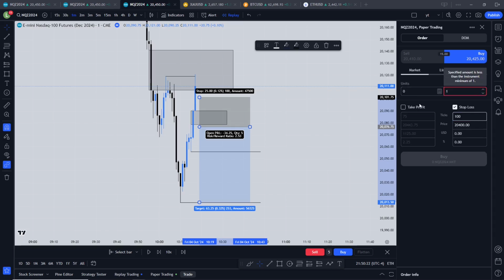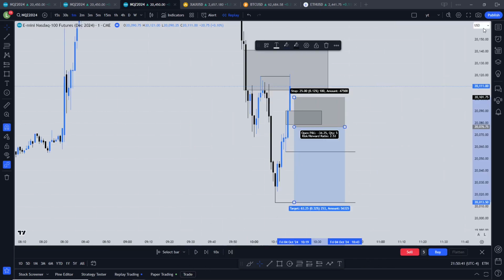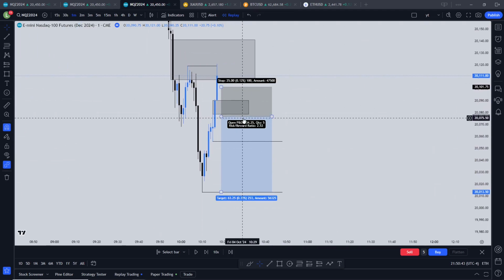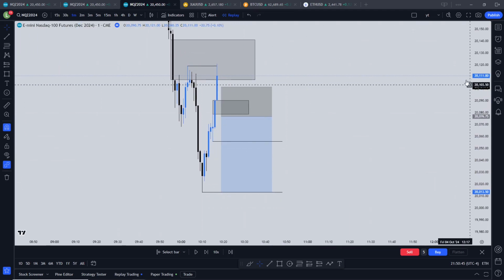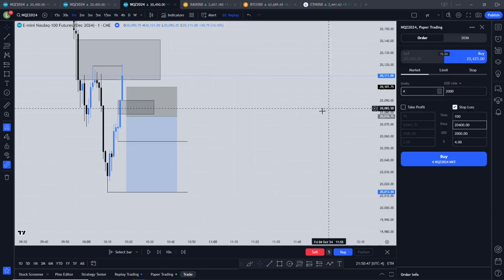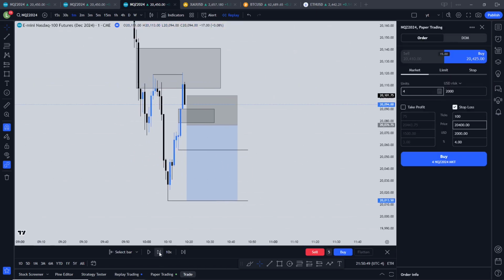So if I want to risk 1,000, I'll put in 1,000, and it'll automatically put 2 contracts, right? And right here you can see it's risking 1,000. And if I wanted to risk 2,000, I would just type in 2,000. It'll automatically put it to 4 contracts, right? So that's how I would use the TradingView calculator, just if you guys are wondering. But I'll put this in here. I'll get my thing right here ready, and then